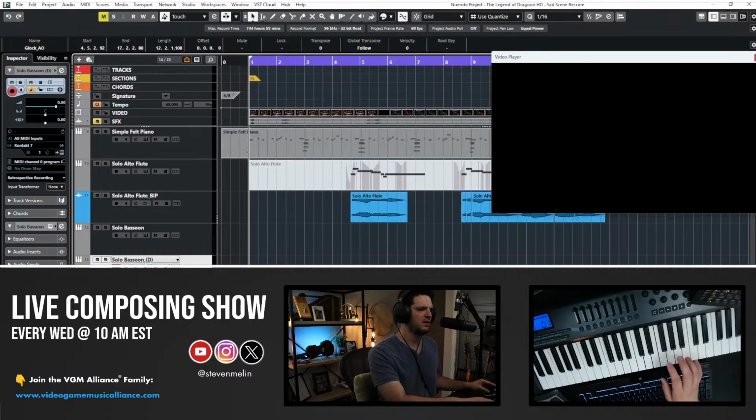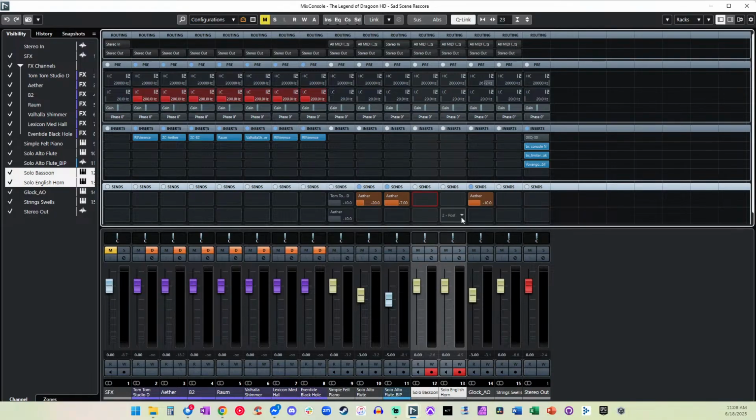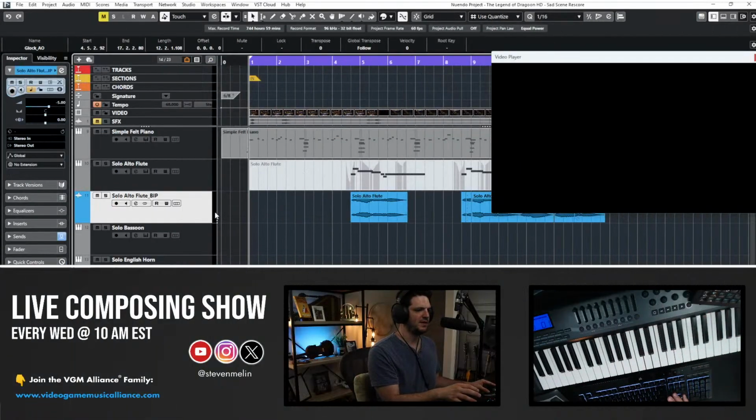But it also kind of gives a depressing tone, so that may not be the right vibe. In any case, let me take these over here. Let's throw some verb on them. And I'm only using one bus for all this so that there's no resource mismanagement. There we go. Keep them all at -7. That's a good swimmy reverb.